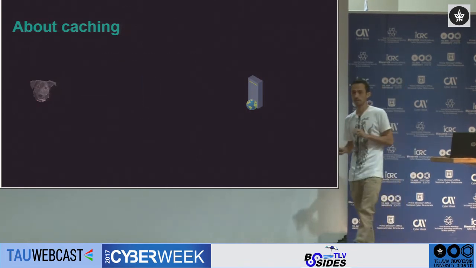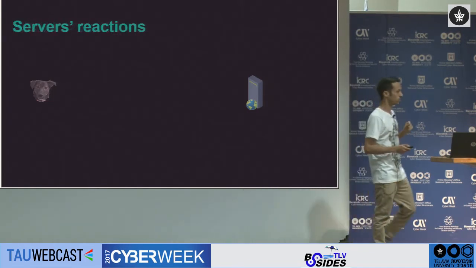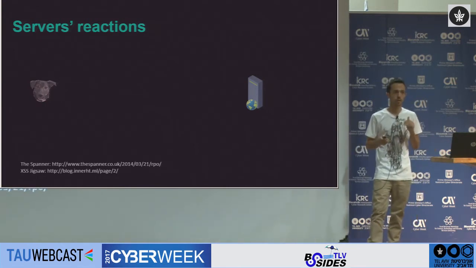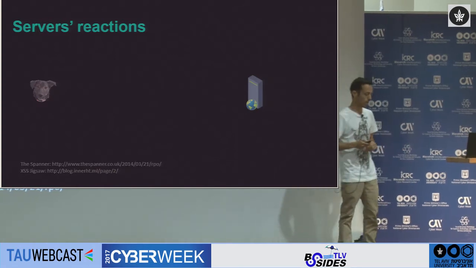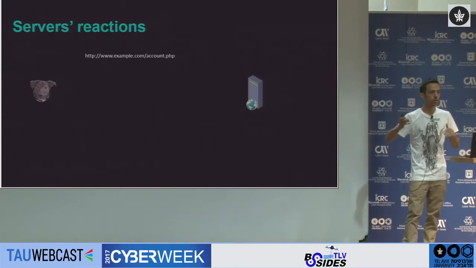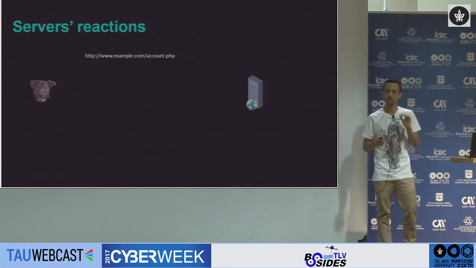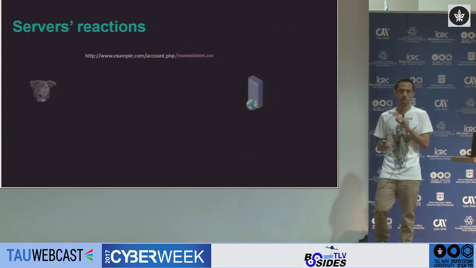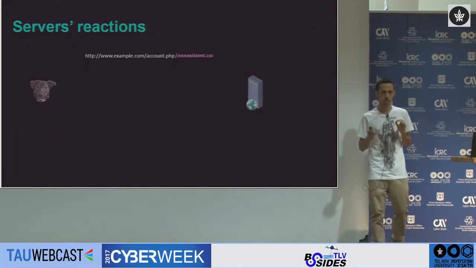In the next baseline, the second one, we'll be talking about the server's reactions. Now the first time I heard of it was in 2 blogs I read about the RPO vulnerability, relative path override attack. It was the Spanner and XSS Jigsaw. So let's say that this is an actual URL of a web application. There is an account.php page, but we don't access this URL, but this URL. We add a slash and then a name of a non-existent file with any extension. So let's see what happens now.